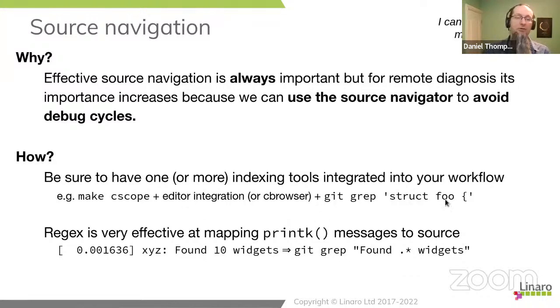And one final detail, if you are using a source navigator that makes it difficult to find structure definitions, then you can use git grep to hunt structure definitions. The reason this comes up is the kernel is well known for not using typedefs very much. If you've got a struct foo pointer in a function argument, it would usually be introduced as struct foo star. The thing about a struct foo pointer is you know how big it is because pointers are always the same size. So you don't have to define struct foo before you use struct foo pointers in header files.